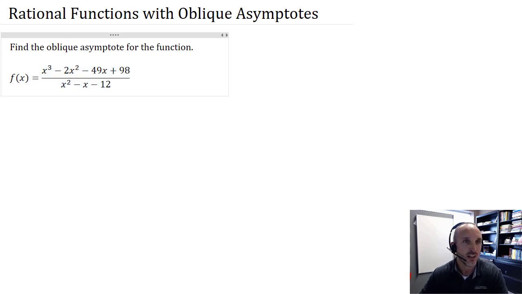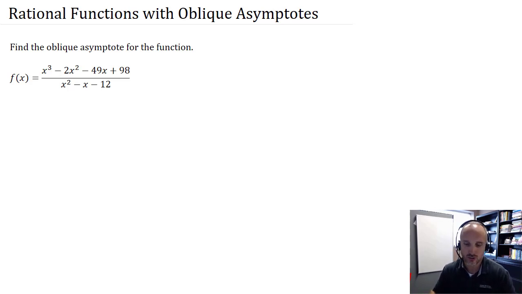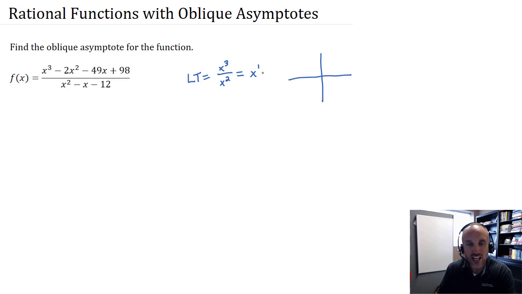All right, so this is a rational function, and we've learned a lot about rational functions, but here we're going to look particularly at the end behavior. So in the past, the end behavior has been dictated by the leading term, and on top the leading term is x cubed. On bottom the leading term is x squared, and when we reduce this fraction we just get x to the first. So normally what we would do is we'd say the ends behave like x to the